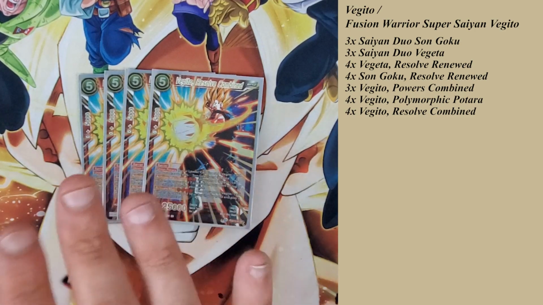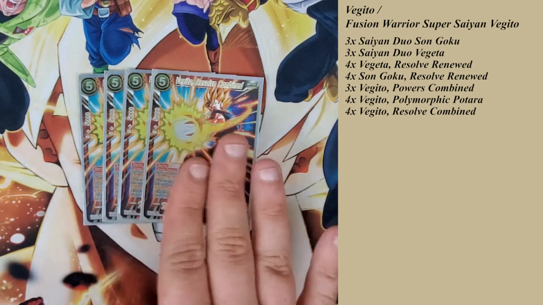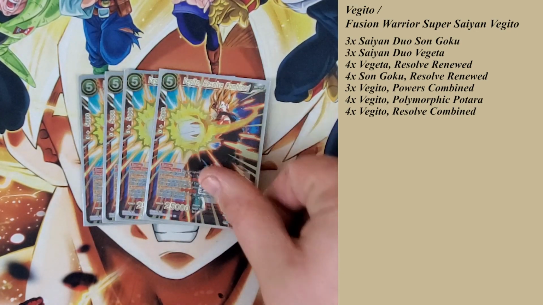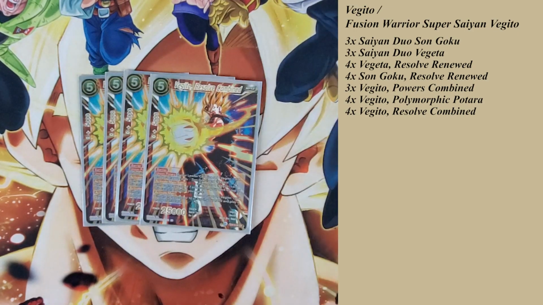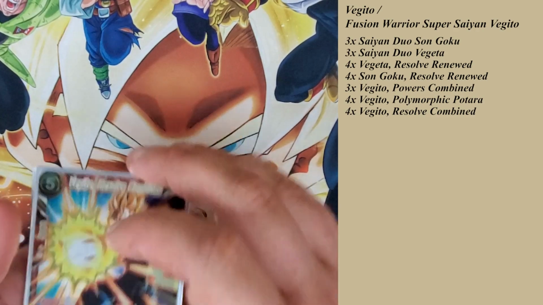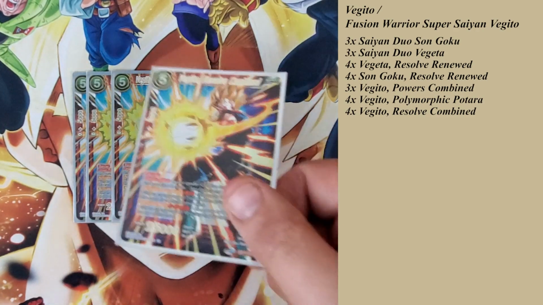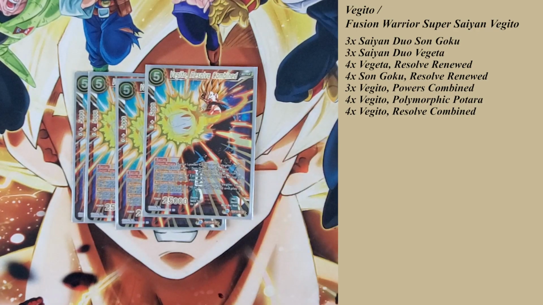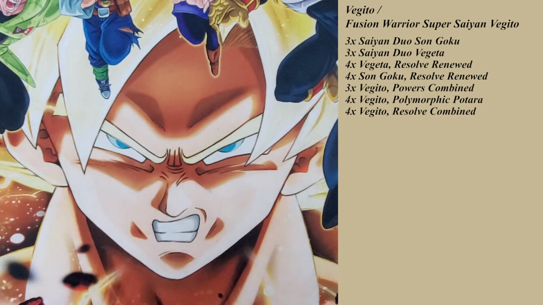So that's going to be important to note, that they play them from the deck. They don't play them from the hand or play them in the drop area. So please keep that in mind. But this is usually how we're going to go into our big boys. We're going to get our pieces out with Polymorphic Potara, and then Resolved Combined is going to do that. Another thing to mention on this card is that it does draw 2 when it's played, so it replaces the Union Potara and itself out of the hand. The 2 cards played out of the deck weren't in your hand to begin with, so...